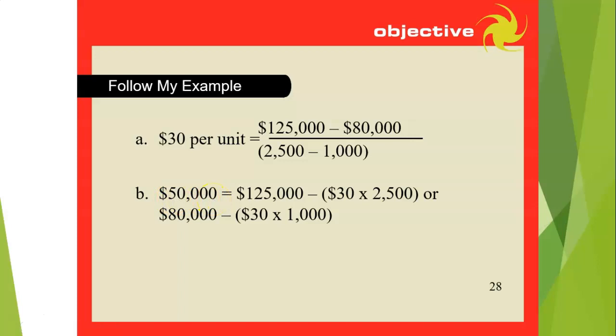Now, if we said, oh, how much will the total cost be if we have 2,000 units produced? Okay, so now I would just take the $30 variable cost per unit times 2,000 estimated production, and that would be 60,000, and then I would add the fixed cost, which is 50,000. So I would have 60,000 for variable. I'd have 50,000 for fixed. 60,000 plus 50,000 is 110,000. That would be my total cost estimate if I were to have to